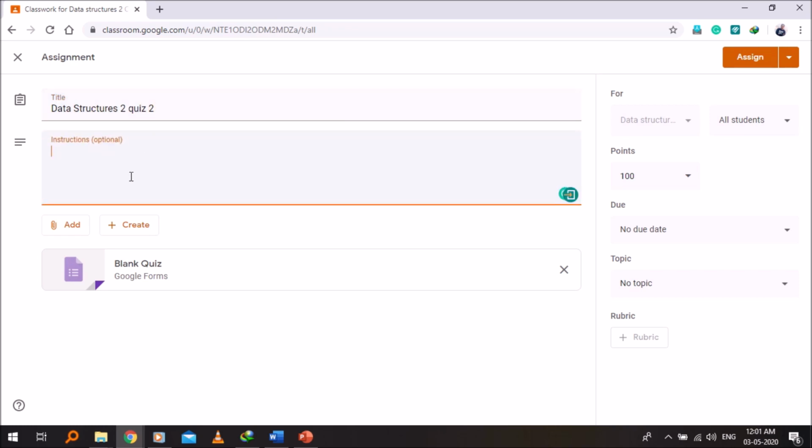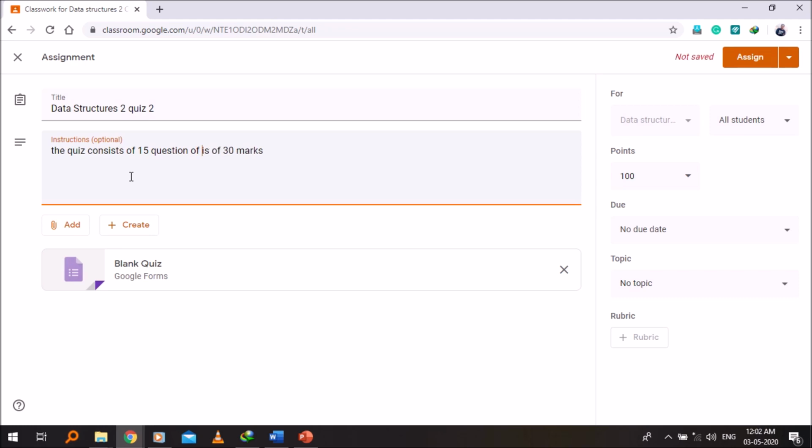Write the instructions if any, like the quiz is of 30 marks, or we can say that the quiz consists of 15 questions